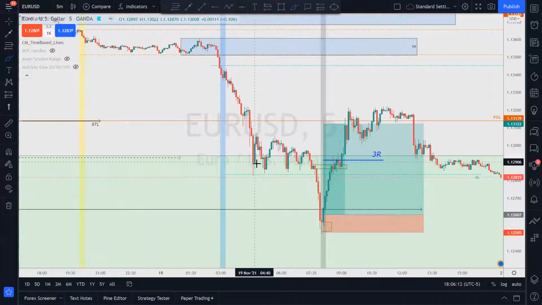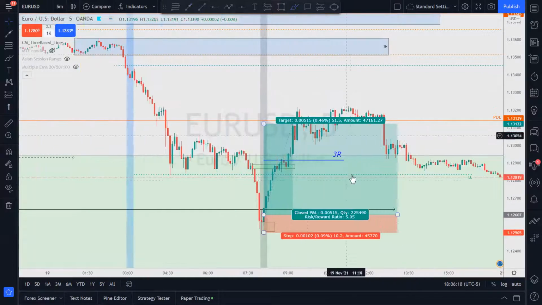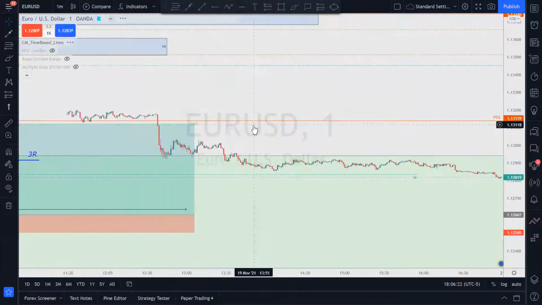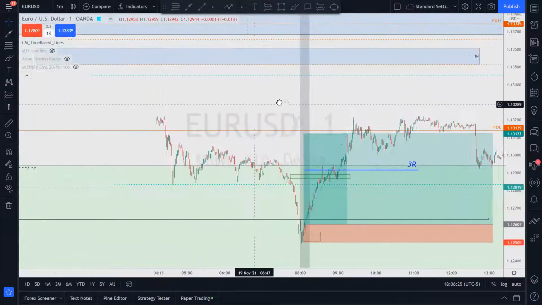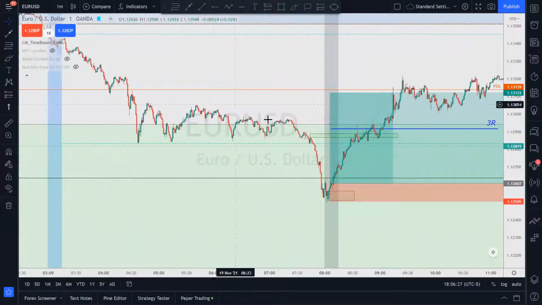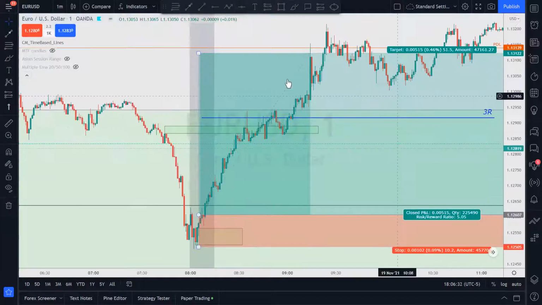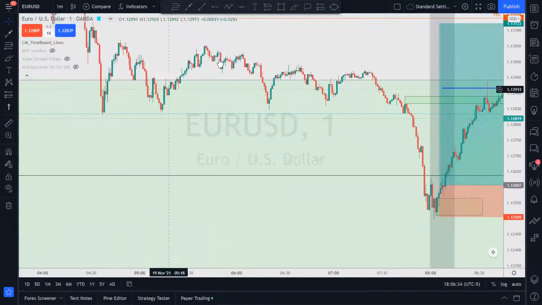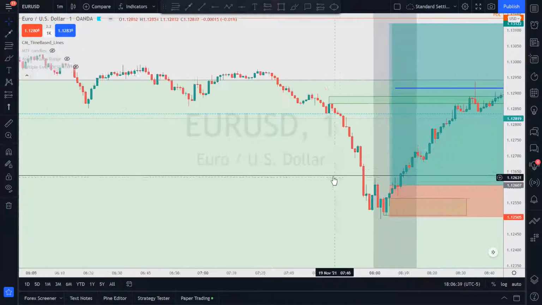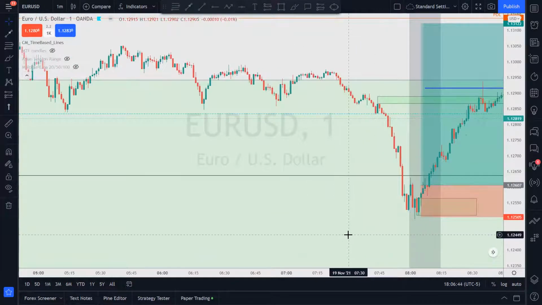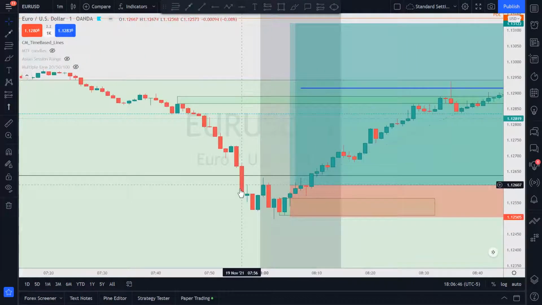So once it comes down to your POI, what I'm looking at is as soon as it hits 5 minutes till, I go down to the 1 minute. And now I'm looking for a demonstrated transition from bearish momentum to bullish momentum. All right. So I'm coming down and I'm going to look at where price may turn here. All right. So as price made its way down here, I was like, oh, snap.